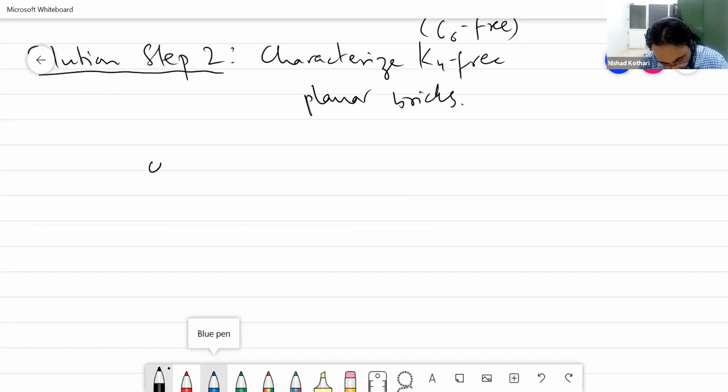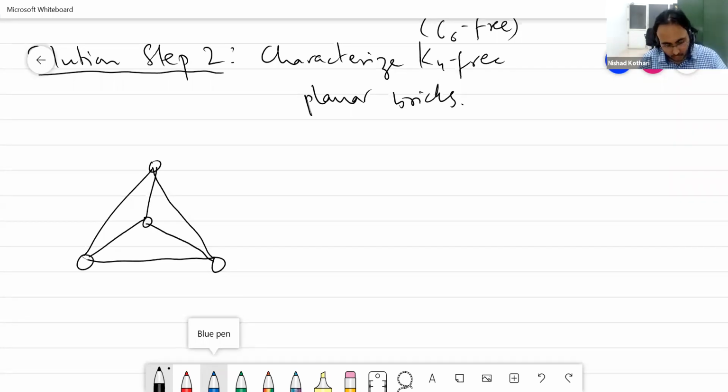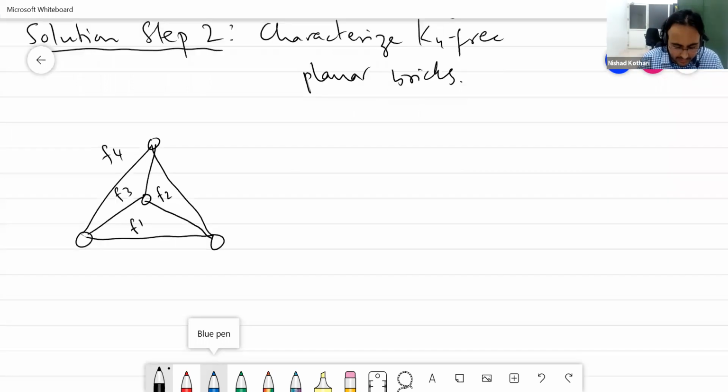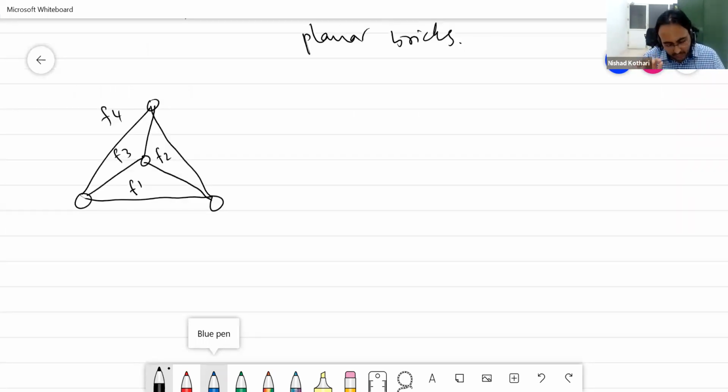So now comes an interesting point. Let's see if I can do some justice to this last topic. If you look at K4, you see 4 faces. What are the faces of a planar graph? This is one face, F1. This is another face. This is another face. And this is yet another face. Okay, there are 4 faces. Each face has odd length. What is the length of a face? It is the boundary of that face, which in this case is a cycle, and in all the graphs we will draw, it will be a cycle. If the cycle is of odd length, an odd number of edges, then we say that the face is an odd face. Otherwise, it is an even face.